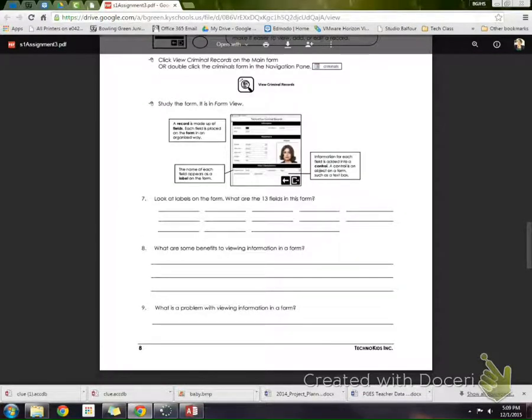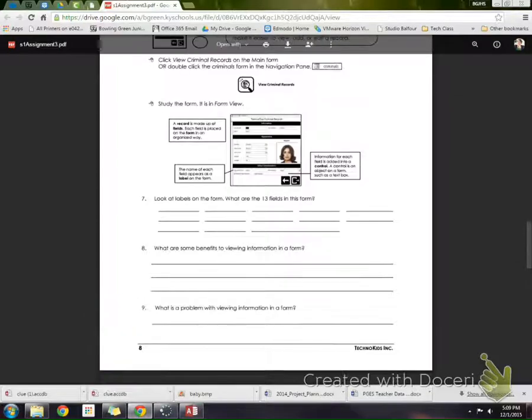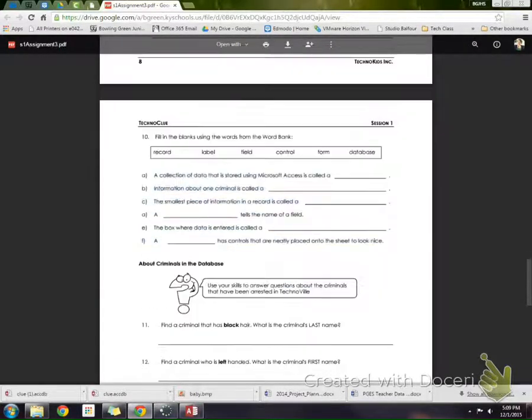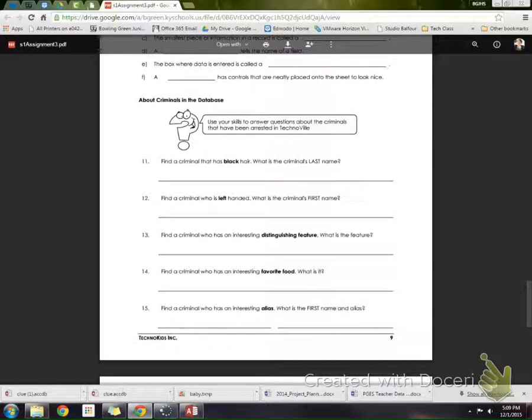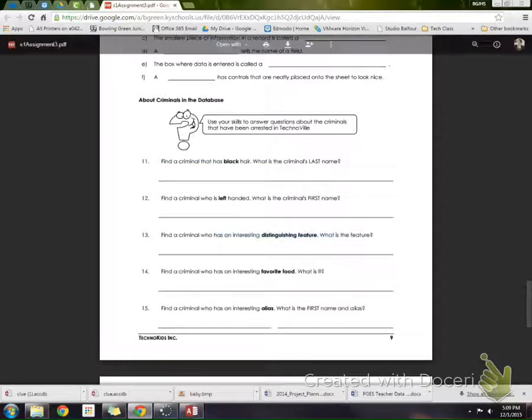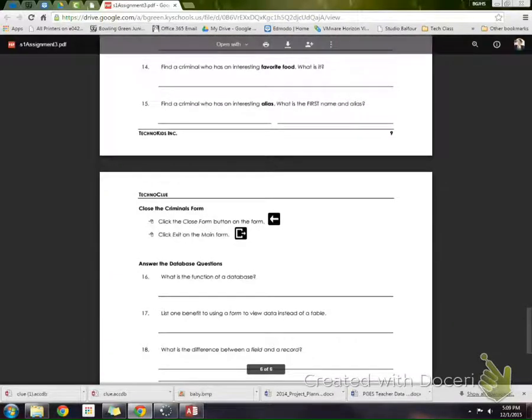What's the benefit of viewing the information like this? So you're comparing the table to this view. Think about the benefits and the problems with viewing it like that. Then you're going to answer these questions about criminals in the database. This is going to tell you to find a criminal with black hair, left-handed, interesting distinguishing feature, what's the feature, favorite food, and alias, which is a different name. Then you're going to close the form, exit the menu,